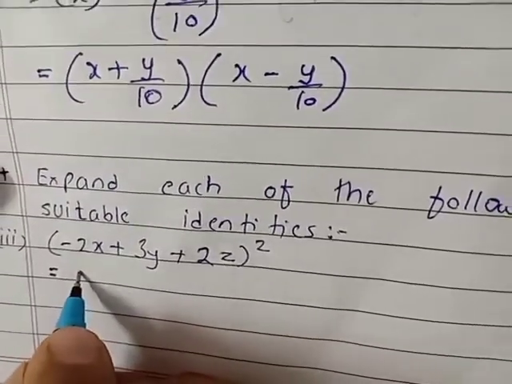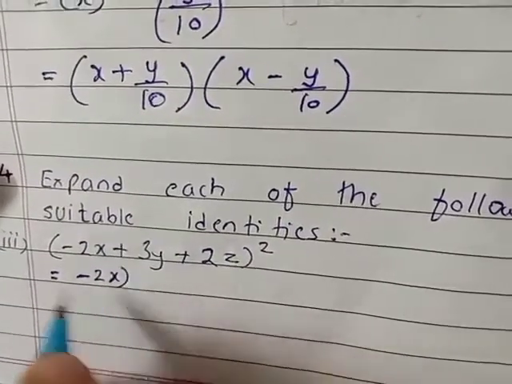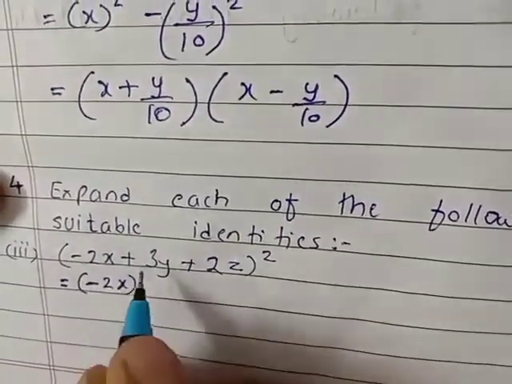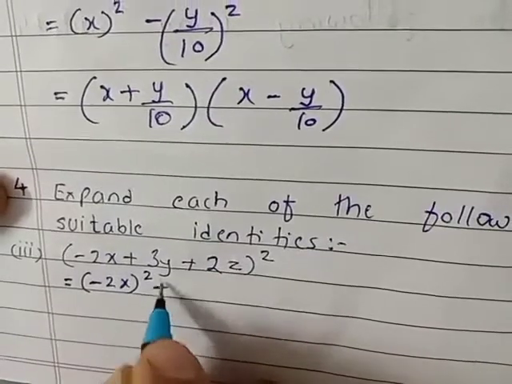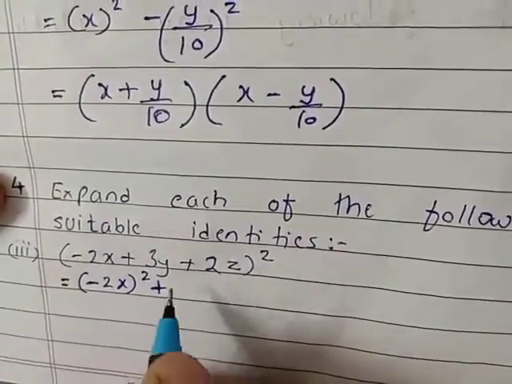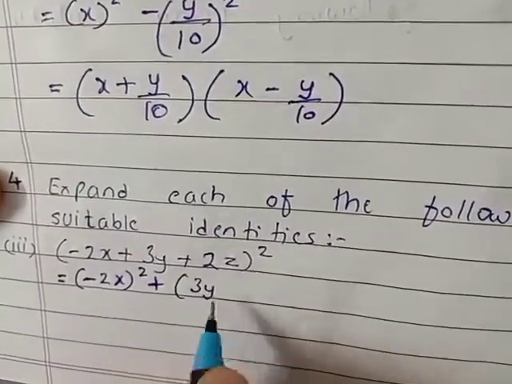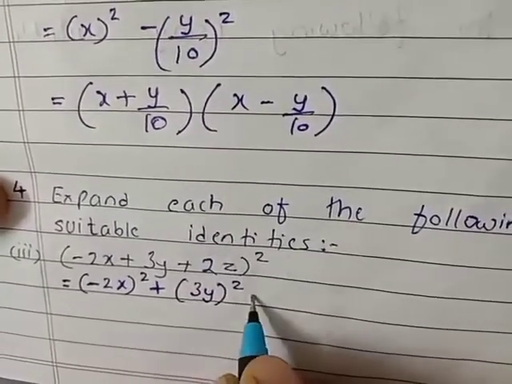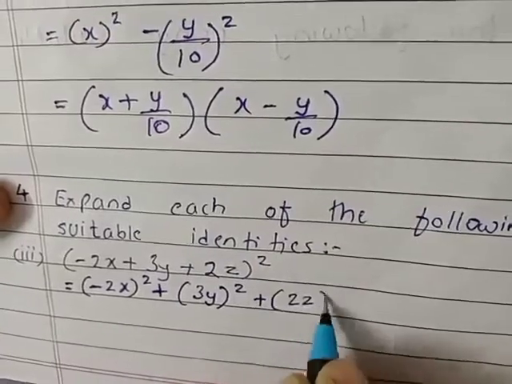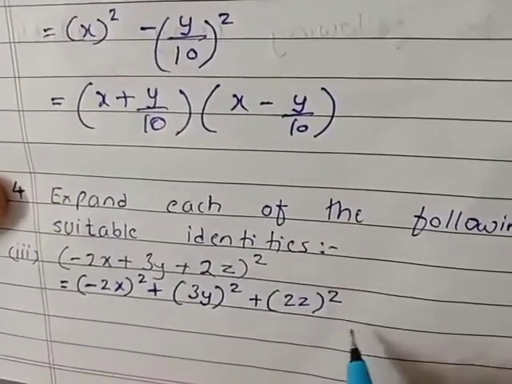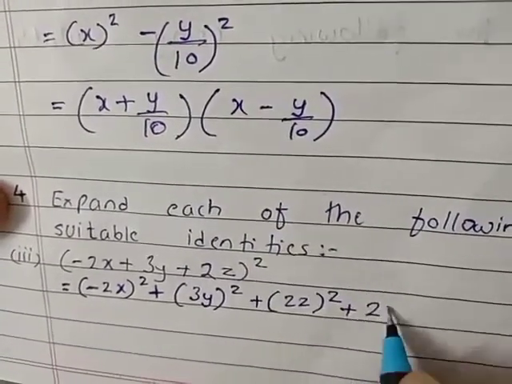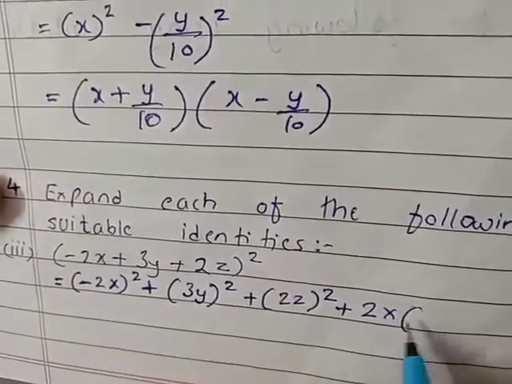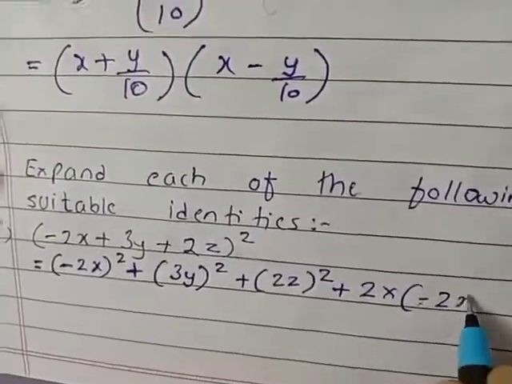It is minus 2x. a square plus b square. What is b square? 3y square. And what is c over here? 2z. So it will be plus 2z square plus 2 into a is 2x